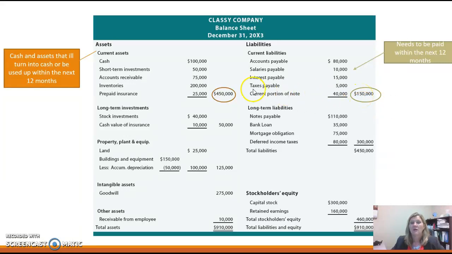It's $300,000. So we also can do the current ratio, which is going to be the current assets divided by the current liabilities. So 450,000 divided by 150,000. This company has a 3-to-1 current ratio. That's good. That means that they can pay their current liabilities, what they owe people, 3 times over with their current assets. So in most cases, we always want that to be greater than 1-to-1. Less than 1-to-1 means that you cannot pay your current obligations with the assets currently available. After that, we have our long-term liabilities, those liabilities that will take more than 12 months to repay, and